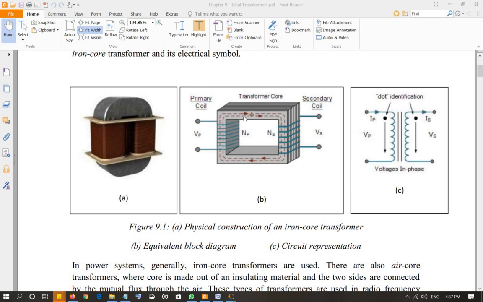But in general, as you can see in this picture, what's happening here is when you connect a power supply on the primary side, then sinusoidal current starts flowing in the loop of wire. And as we know from Faraday's law of electromagnetic induction, sinusoidal current, since it is time dependent, will produce a sinusoidal flux in the coil,